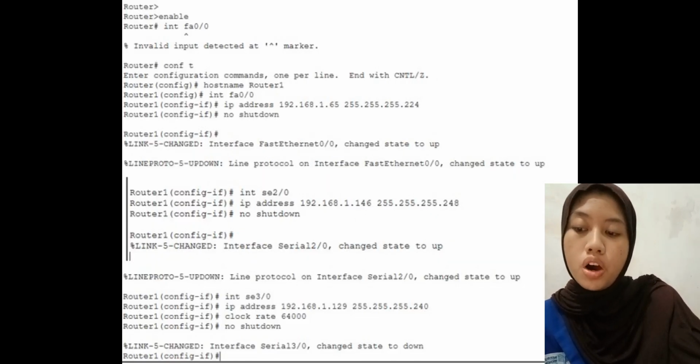And next, router 1 in subnet B, LAN interface FA0/0 is configured with an IP like in the text and a mask like in the text. This address is the exit for PCs on subnet B. WAN interface A, SA2/0, connects to router 0 with an IP like in the text. And WAN interface B, SA3/0, connects router 1 to router 2 with an IP like in the text.